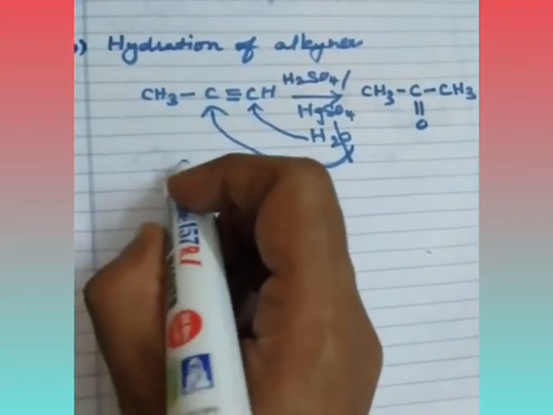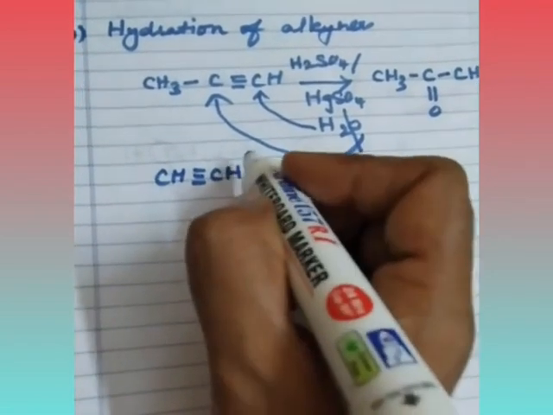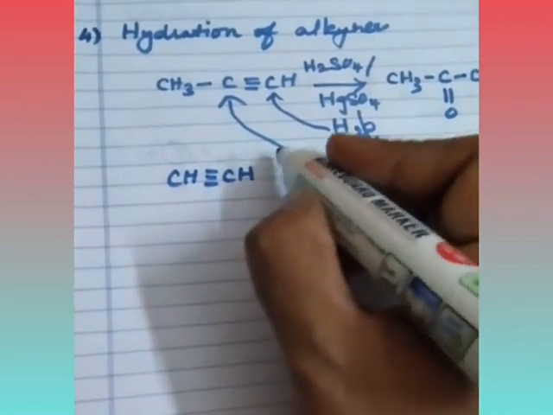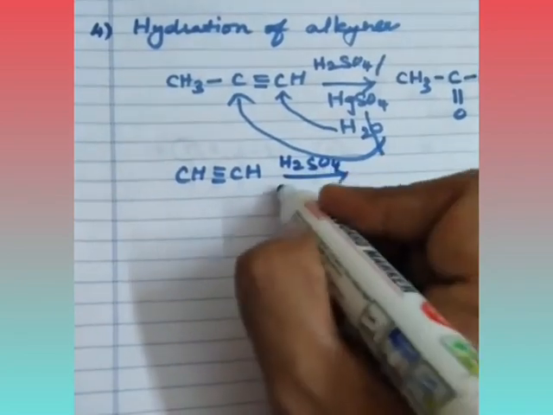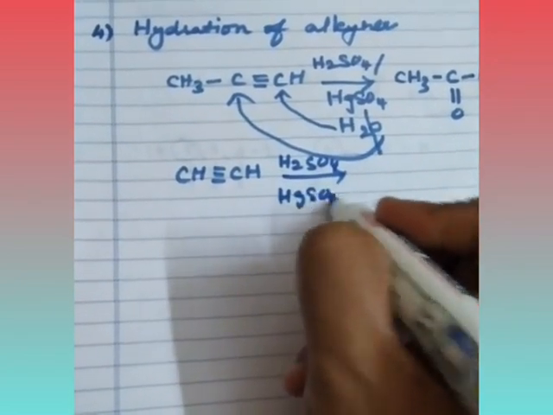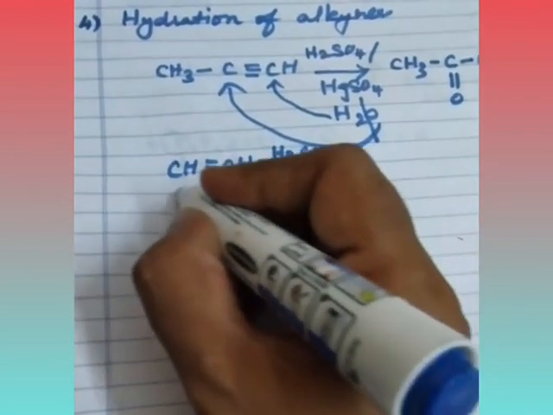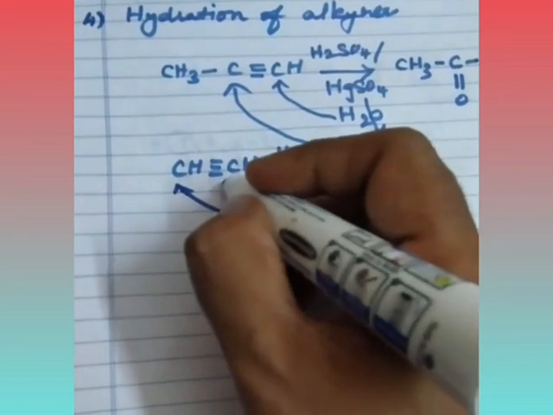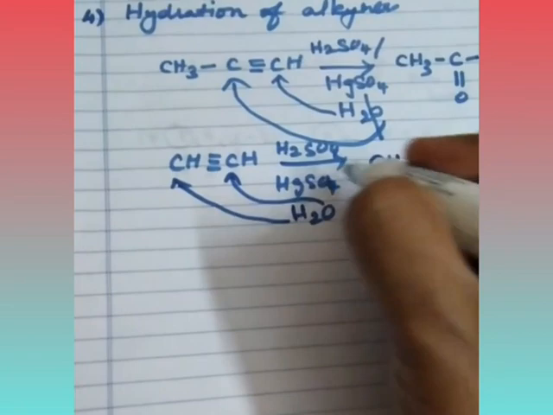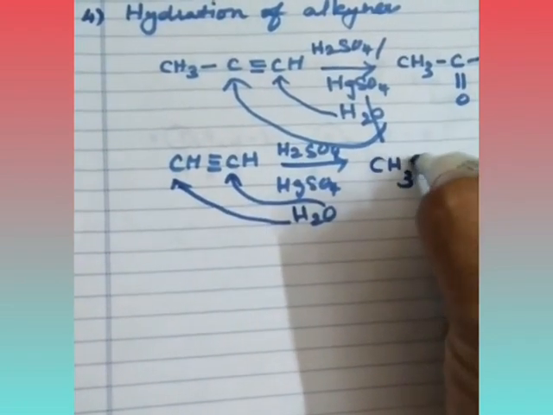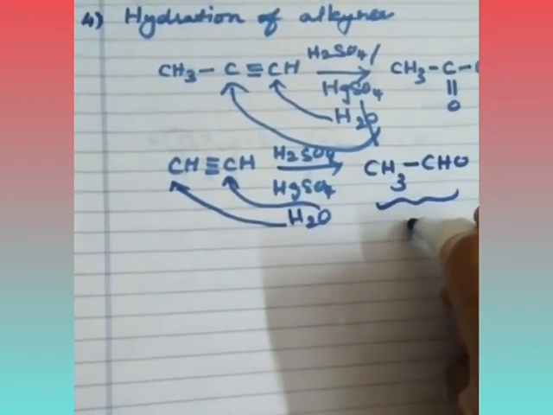If you are taking only the first compound, that is CH triple bond CH, ethyne, it undergoes the same reaction again. Let us see what product we are getting now. HgSO4. Okay. Now here also the same thing is going to happen. One goes in one direction and another goes there, because both sides are symmetrical. So we can have C, H already there, so it becomes CH3. Here it is now C, H and oxygen, so here we are having only the aldehyde.